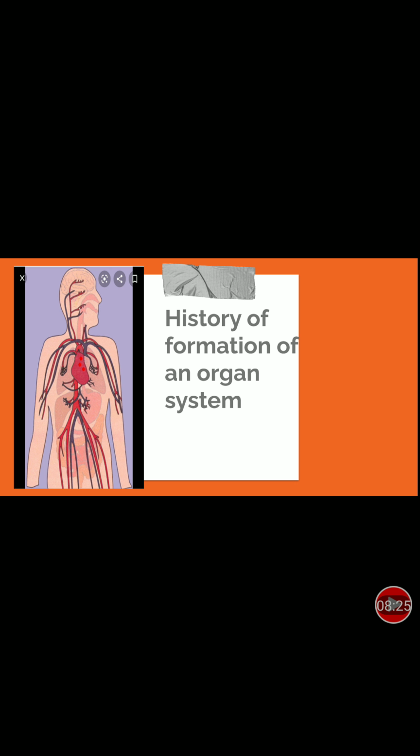Veins are the vessels which carry carbon dioxide, that is impure blood, which we don't want. It is poisonous to our body. So, these blood vessels, that is veins, carry carbon dioxide from all the parts of the body to the heart.